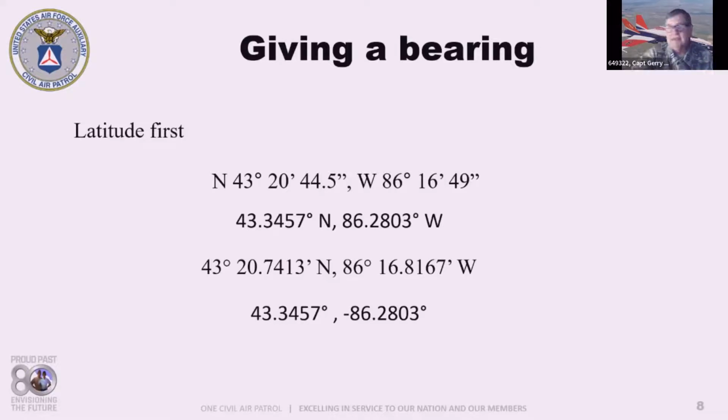Now, I have a wonderful app on my phone, and you can key in any one of these and ask it to come out with any one of the other three. I suggest everybody grab one of those. They're a great little tool to have. So you can either input it as the first option here, and it will give you the decimal if you need it. If you only have the decimal but need this information, it will give it to you, and so on and so forth. So you tell it what you have, and then it will give you what you need in the other three versions.